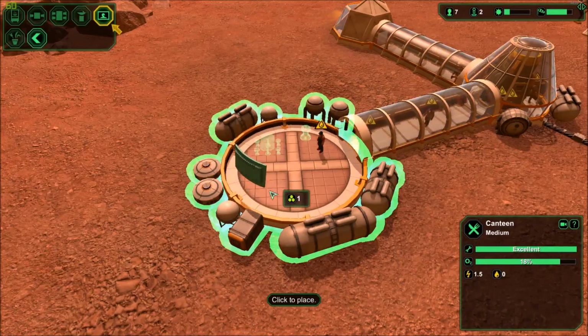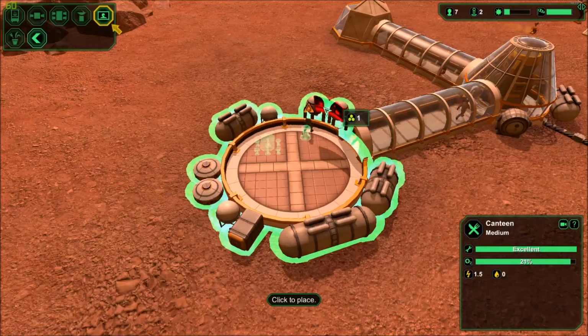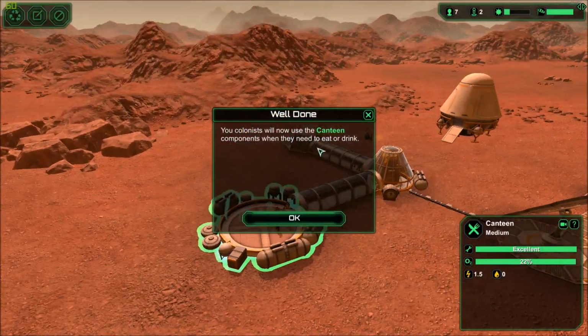And a video screen. Where am I going to put this? Video screen. I will put it just there. Everyone will be able to see it from there, surely. Now that the canteen has components,